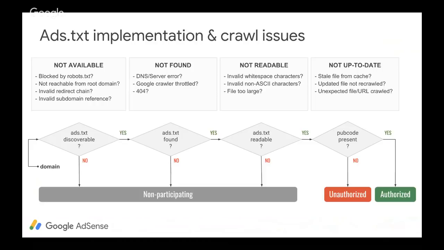But there could be factors or formatting errors that can impede this process. And in order to ensure that your file can be crawled, which is the most important thing, we recommend working through a few troubleshooting steps. First of all, make sure the file is not temporarily unavailable. There could be issues around